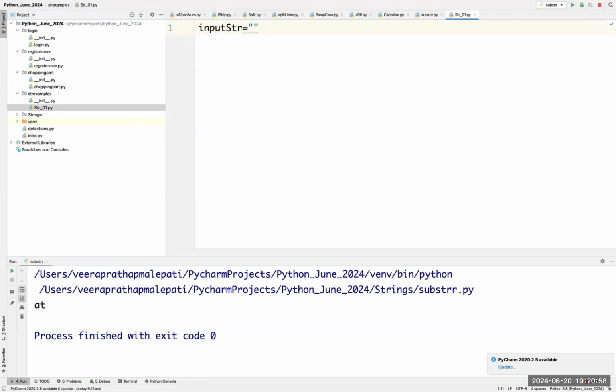Input str is equal to "hello, I am learning Python". So we have a string called hello, I am learning Python. Now my ask is get the total count of